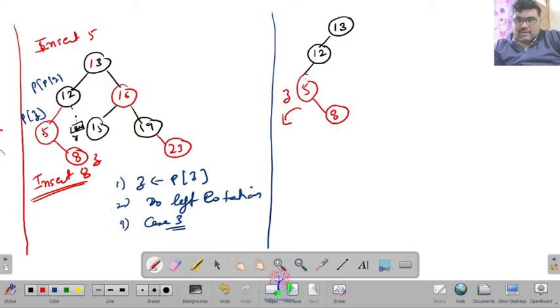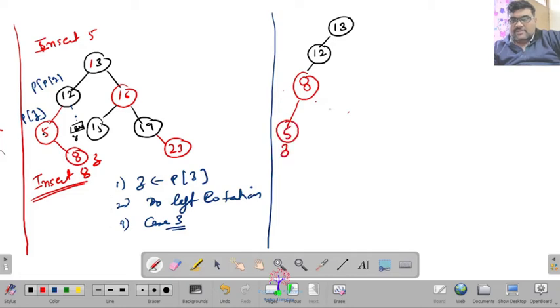When you do the left rotation, this situation changes. Now 8 comes here and Z will be the left child of this one, and the rest will be the same. There is no change in the rest of the tree.